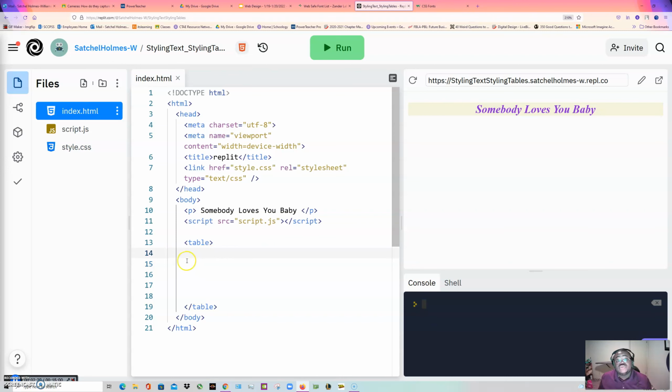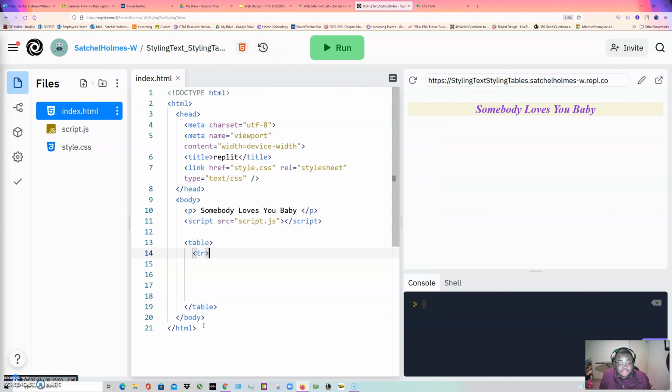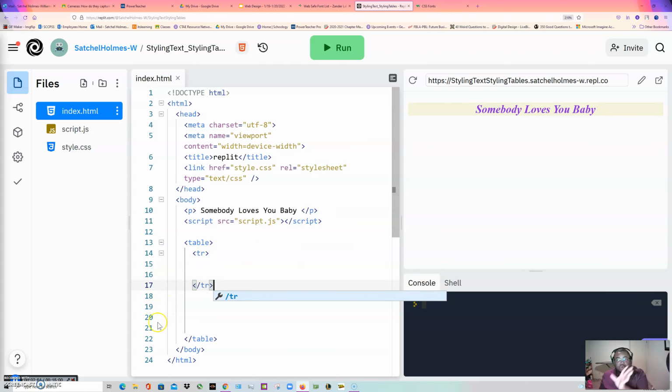And so now we're going to set up our table rows. So if you do not remember from last year, the way that you create or build a table within HTML is by building it row by row by row. So we're going to start out with a table row, or in this case, TR. And I'm just going to open and close that so that I know I have properly opened and closed that. So we have opening less than TR greater than, and then we have a corresponding less than slash TR